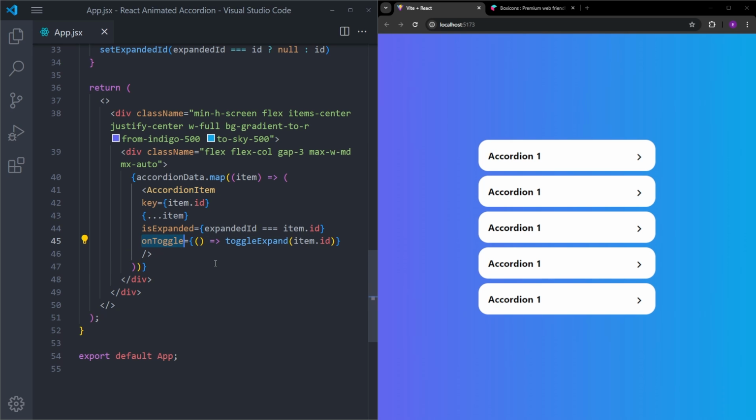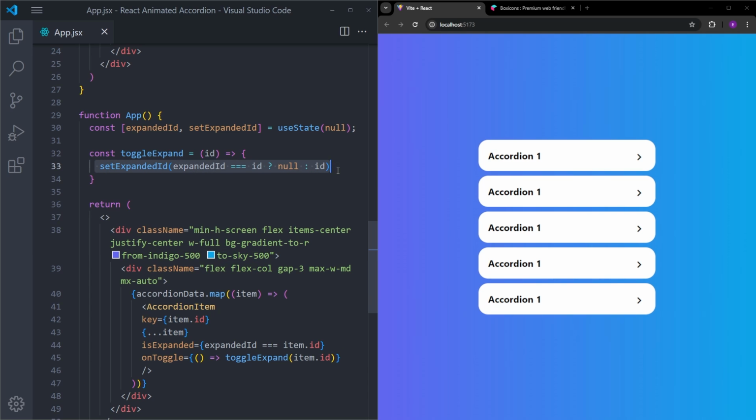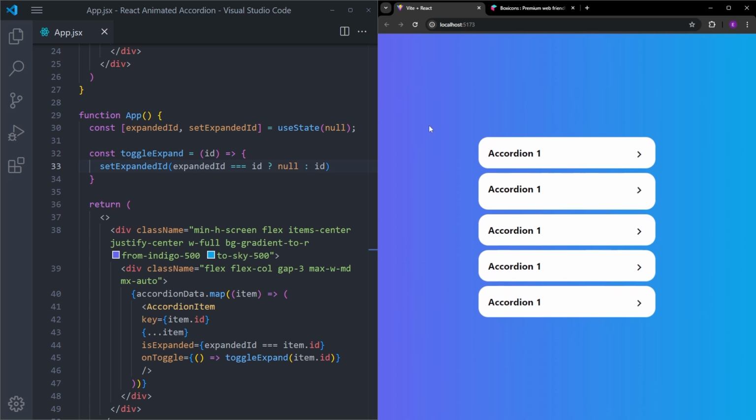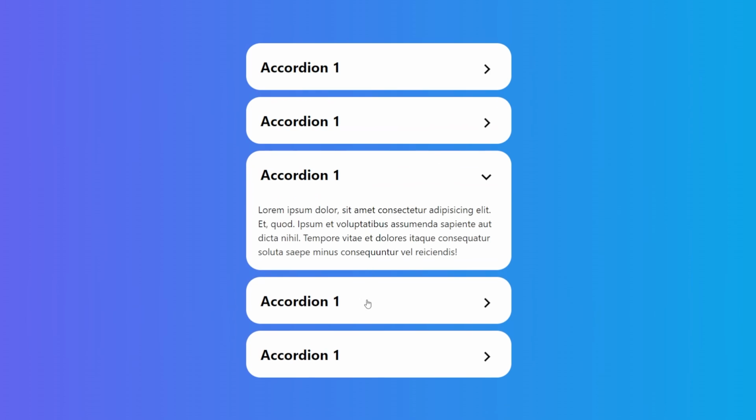We use onToggle to call this toggleExpand function, which uses this setter function to basically keep track of the IDs of the cards that you clicked on. And in this way, we decide which one is going to be expanded and which one is going to be collapsed. So this is how we can create this accordion menu using React and